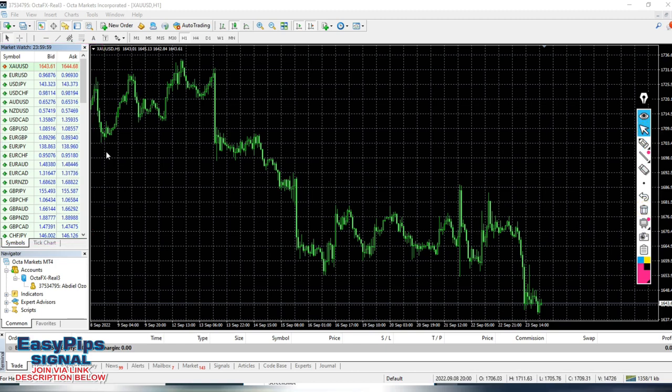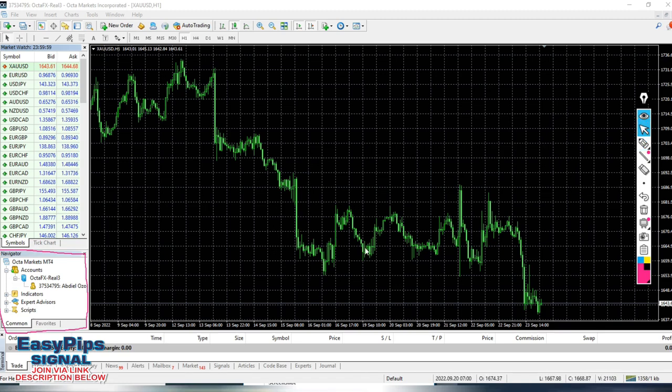So next to it is the navigator. Now let's look at the navigator panel. The navigator panel is the one found below it. So here is your navigator panel, and it's found below it. So what does your navigator panel contain? Your navigator panel simply shows you